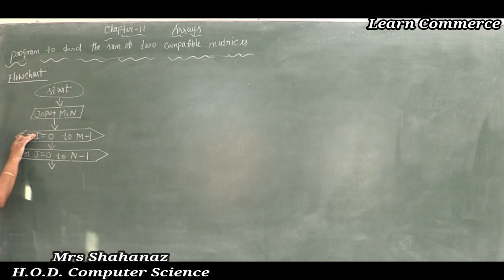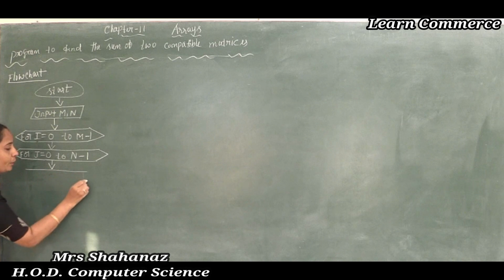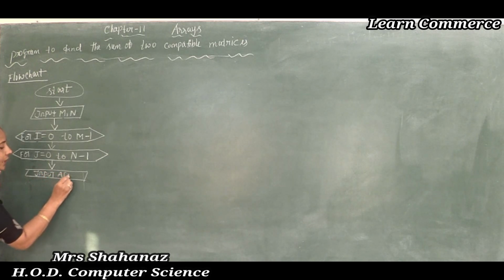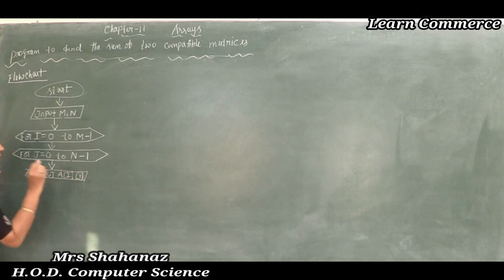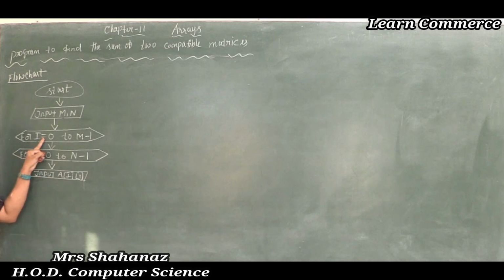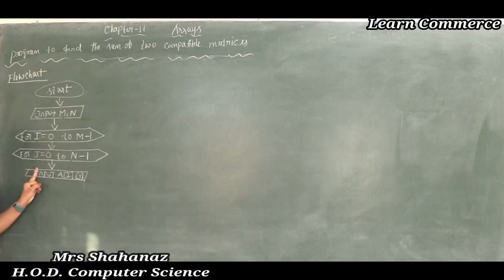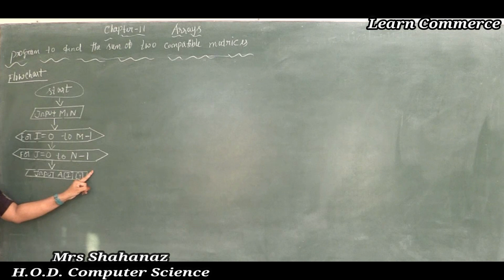And later next, after using the rows value and the column values here, we are going to input the value into the A matrix. That means to input the matrix A, we need to use the input. Okay? So input A of ij. Clear this point here? Input A of ij. Because by accessing the row size value and the column size value, depending on the variables, the I value represents the rows, that is equal to m. The j value represents the columns, that is equal to n in this case here.